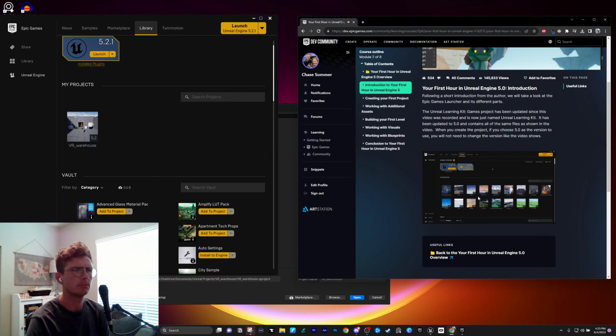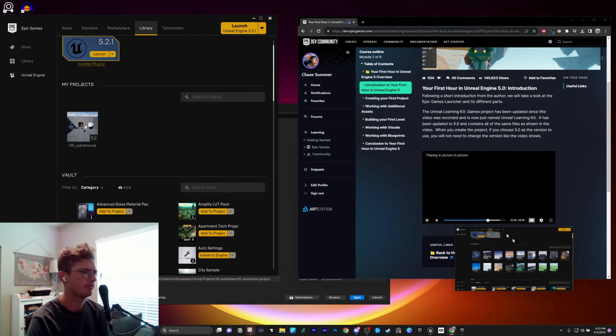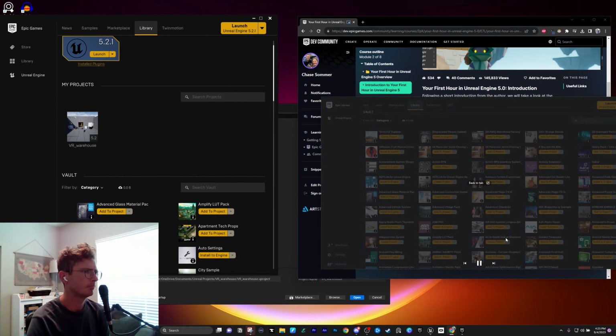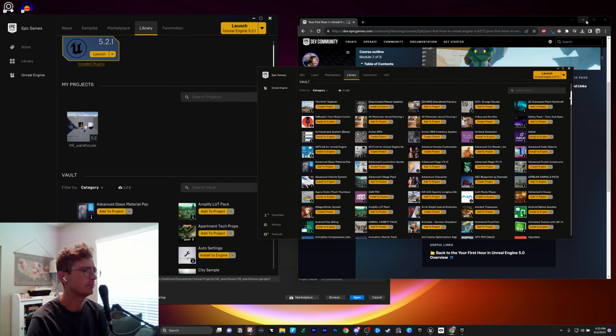Engines are separate. They will not replace the other ones. You can have as many engines installed as you have space. Below our projects, we have access to the vault. The vault is where all of our purchased and free content from the marketplace goes to. This is where we can add to project, create a new project, or install them to the engine in the